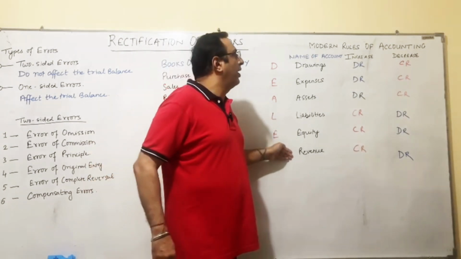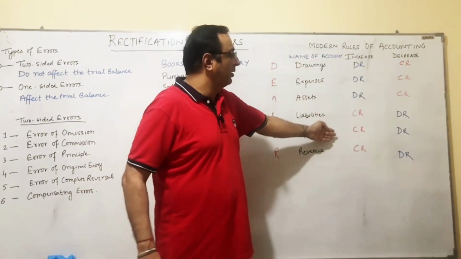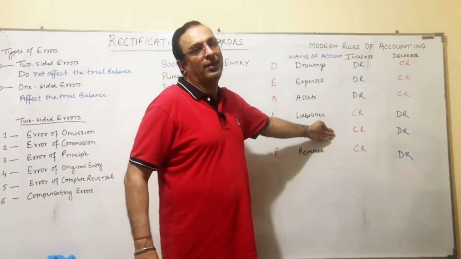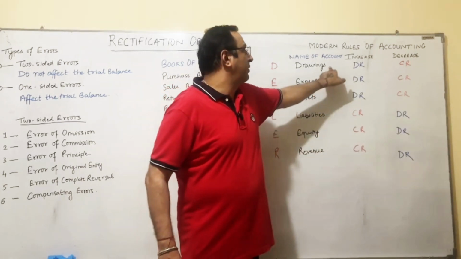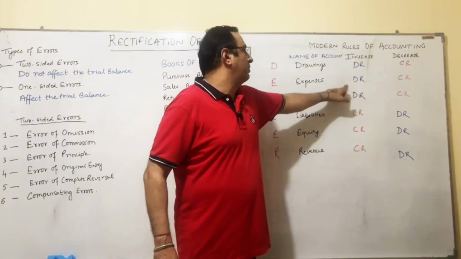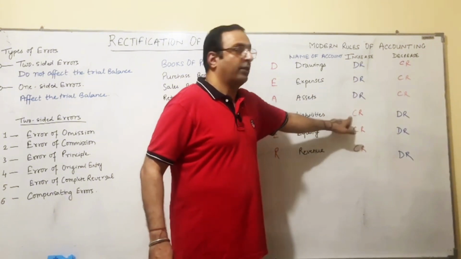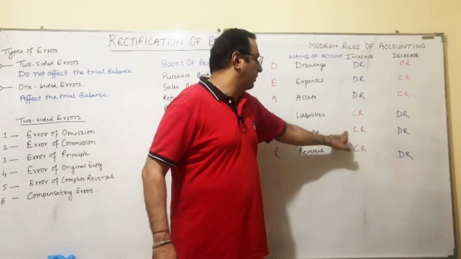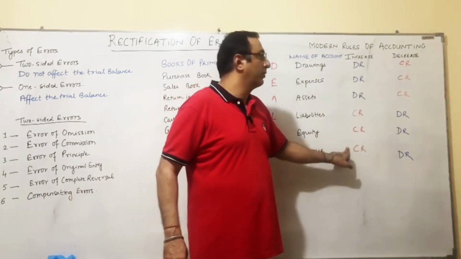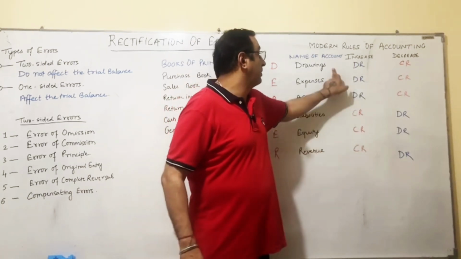We should know what will happen when they increase and what will happen when they decrease. Drawings increase, debit; expense increase, debit; assets increase, debit; liabilities increase, credit; equity increase, credit; revenue increase, credit; and decrease,